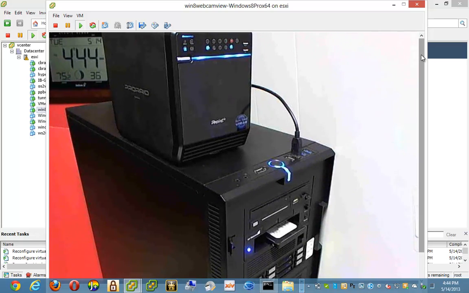You slide them right in, and now you have full SATA 3 speeds to my SATA 3 SSDs that I